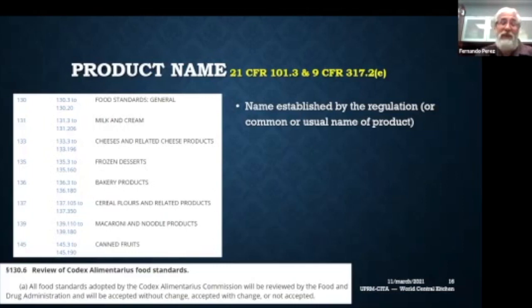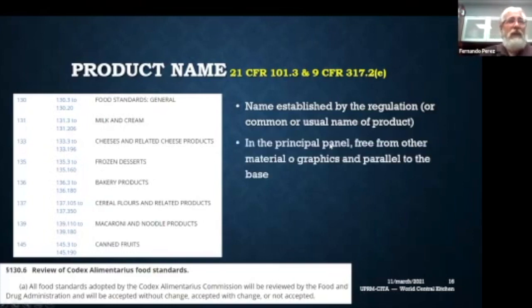Anyway, but it's not in the codex. But if you are selling that, then what should you call it? Bacon chart, okay? Because that's the common or usual name. Okay. What else? It says the name of the product should be in the principal panel, free from other material